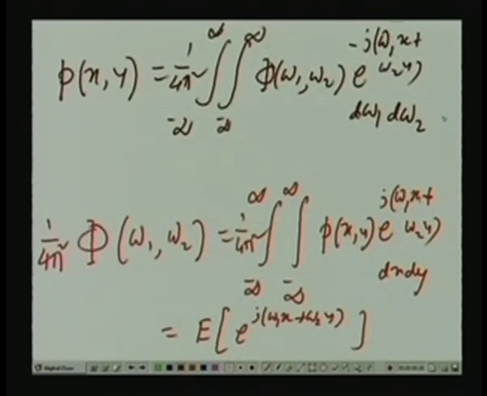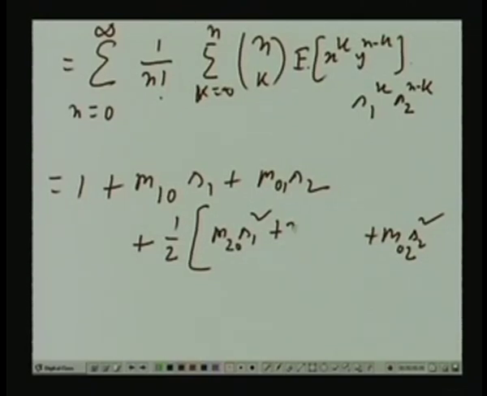Also, one more definition. Let me remove this 1 by 4 pi square now. This was just for explanation purpose. Along with phi omega 1 omega 2, there is another definition which also comes out to be useful sometimes. Actually, often phi omega 1 omega 2 is seen, in practical cases, to be an exponential function. So, instead of dealing with phi as such, it's sometimes better to take logarithm of this and then